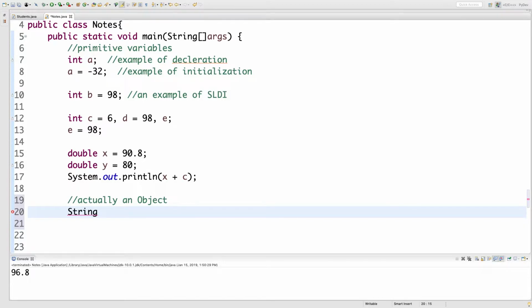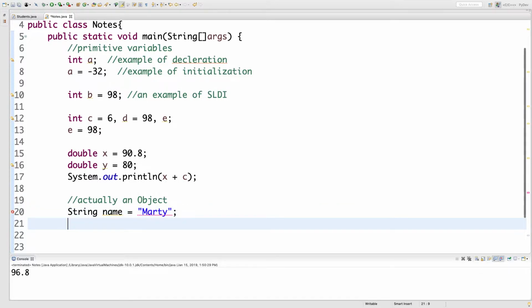The reason we call String an object is because, notice one, that it's capitalized. Two, let's say String name equals Marty. If I do name and I use something called the dot operator, which is basically just the period,